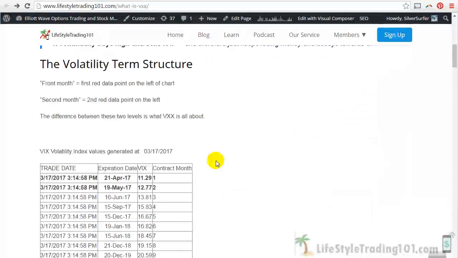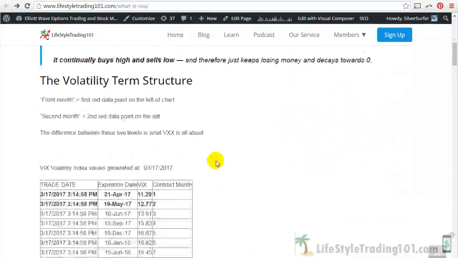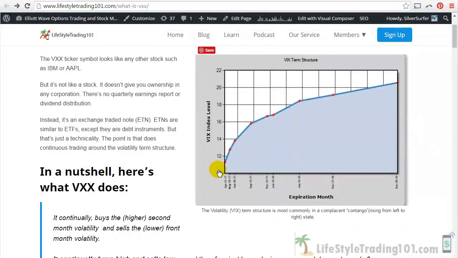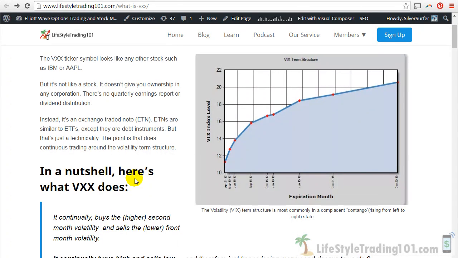I have that here somewhere. It's a contango environment where the term structure is upward sloping. And as long as it's upward sloping, VXX will go down, right? So that's why VXX historically